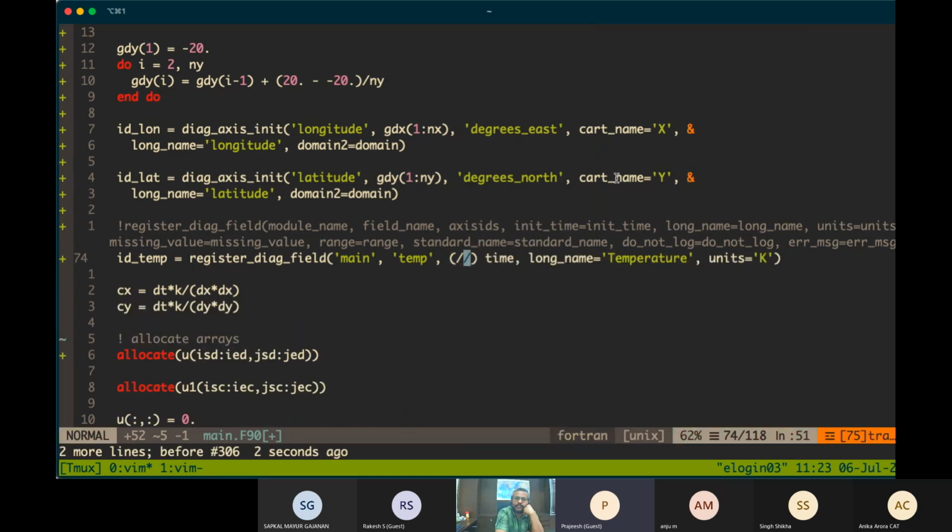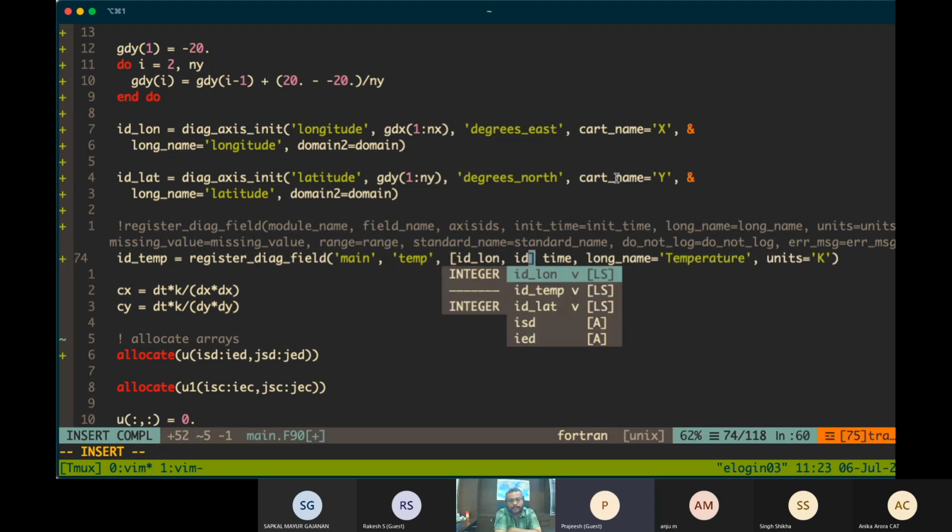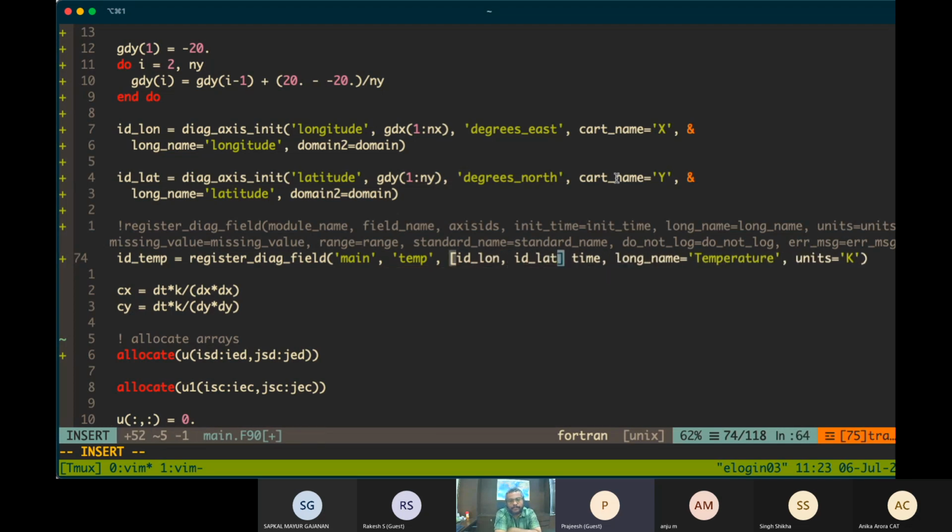So in our case, it will be ID long and ID lam.